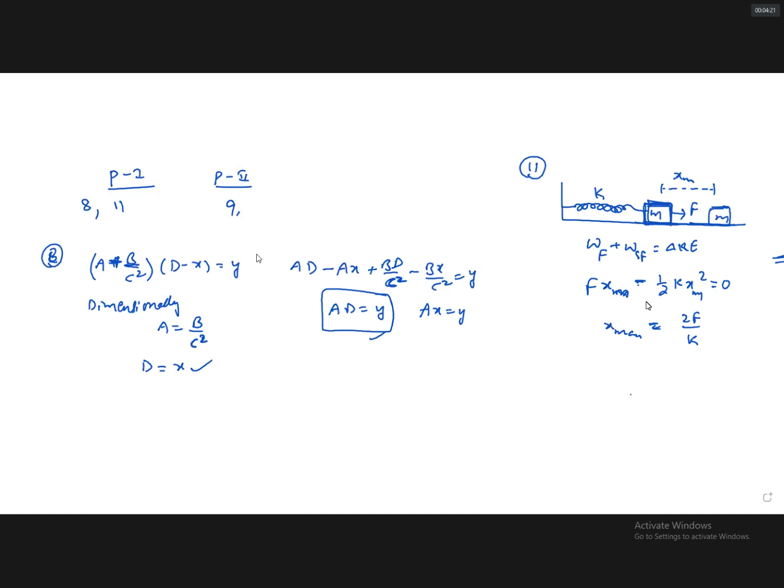Energy, kinetic energy of that block respectively, when the block passes through the equilibrium position, means F is equal to Kx. When F is equal to Kx, net force is 0. Equilibrium means? In equilibrium, net force is 0. Where we can assume F is equal to Kx,